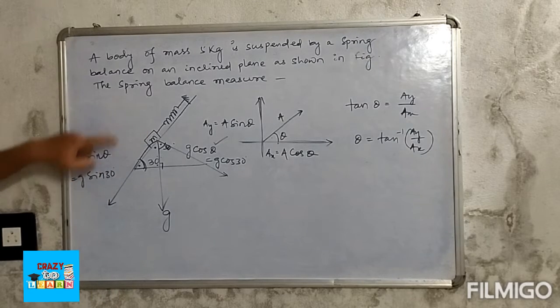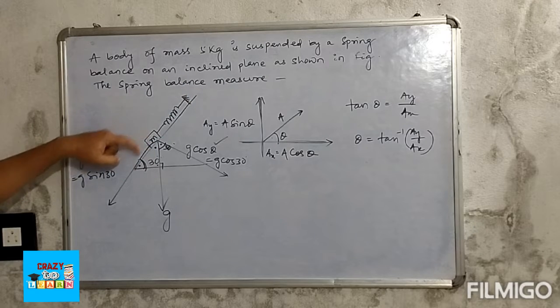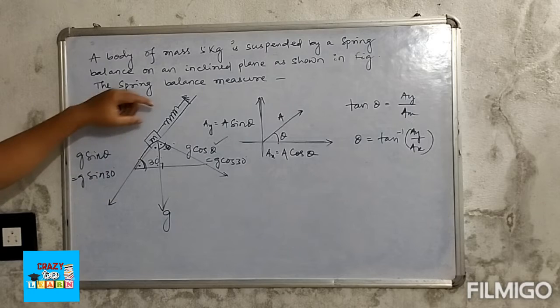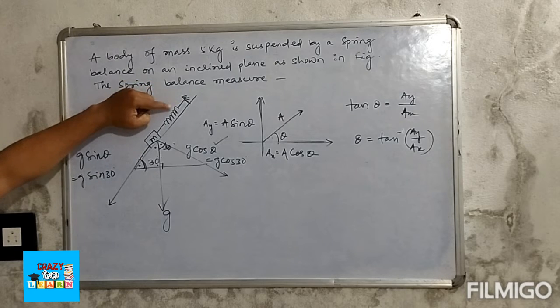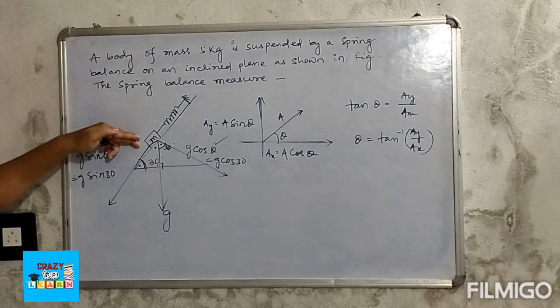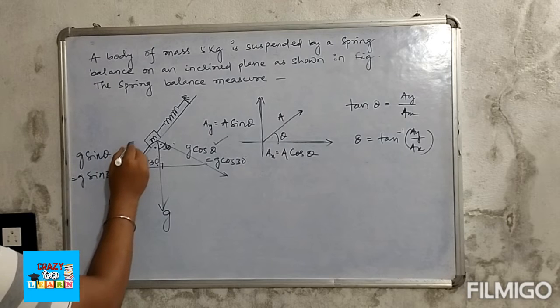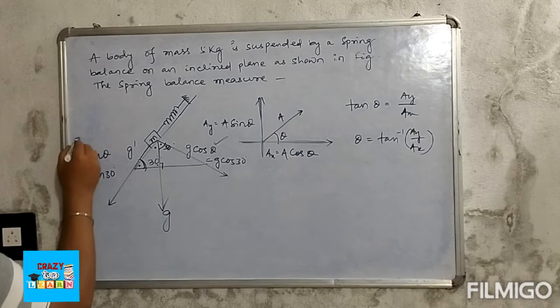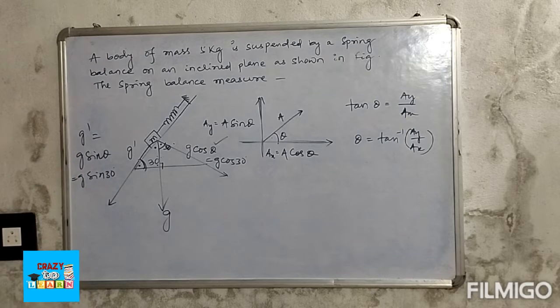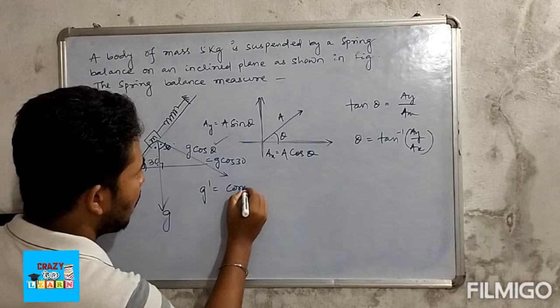And this component we need because it is asked of you that the spring balance measures the load in this direction. Okay, as the spring balance is joined here with a rigid support and the mass is on the incline, the spring balance will measure this component. And if you take it as g dash, so g dash is equal to g sin theta. And what is this g dash? This g dash is equal to the component